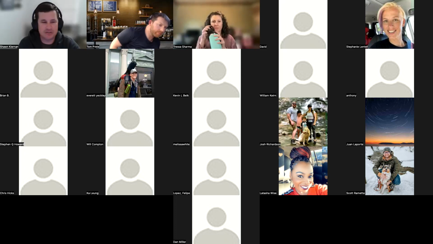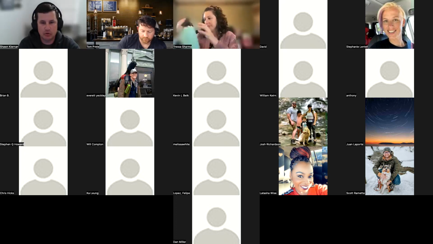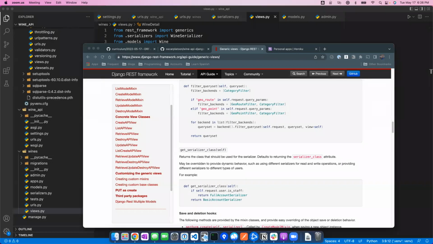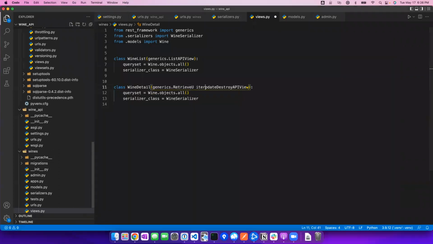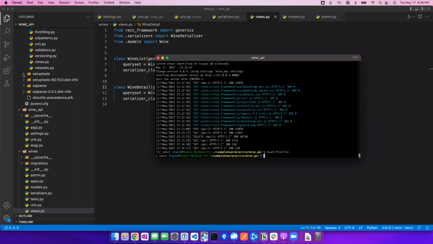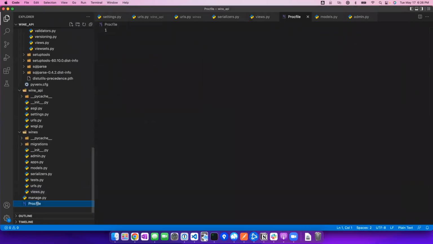Okay, so now we're going to take a look at deploying our wine API to Heroku. So I can find my notes. First thing we need to do is create a Procfile in the same directory as our manage.py, so in the root of our project app, because we use that dot at the end of creating it. And then we need to go into our Procfile and